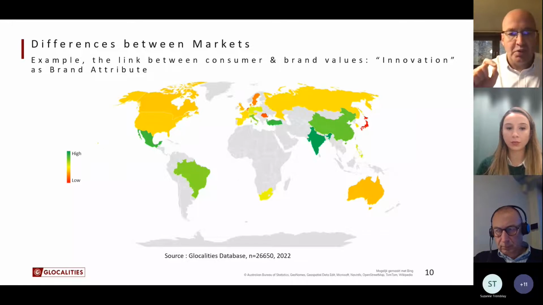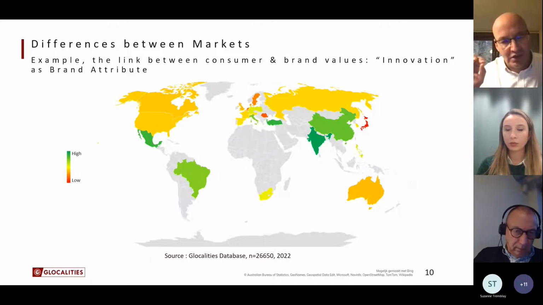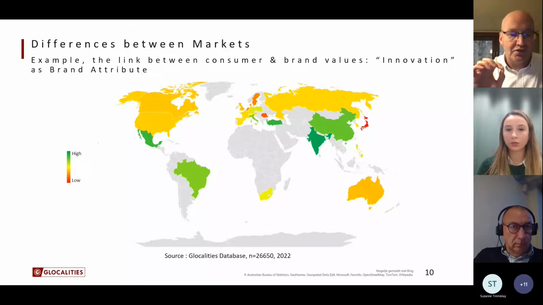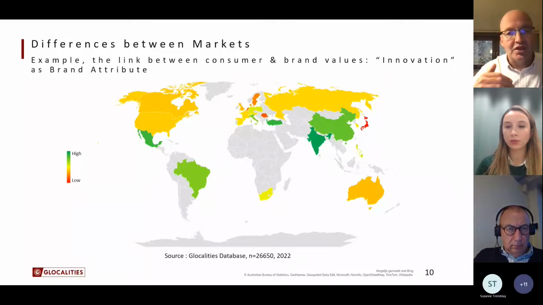And you see here the popularity of the brand attribute innovation. So this doesn't mean that some brands are more successful using innovation in other markets. No, it's how this brand attribute as a value travels across markets. And you see here that in some markets, the value innovation is much more appreciated than in other markets. And markets that are, for instance, very innovation driven, think about the US, think about the UK, it doesn't mean that the values that products and a brand should be innovation driven.